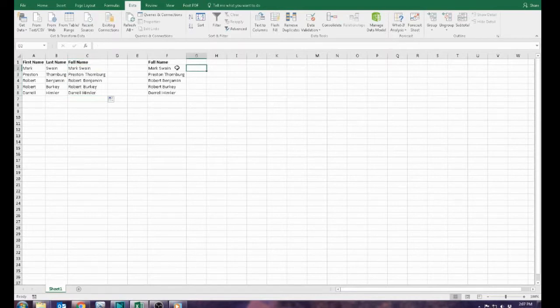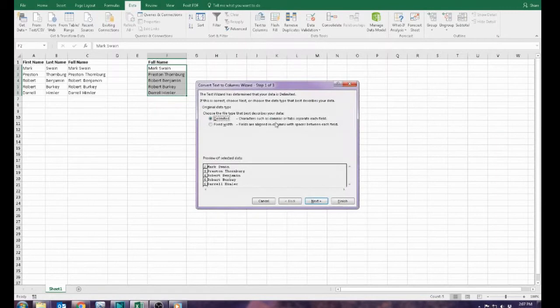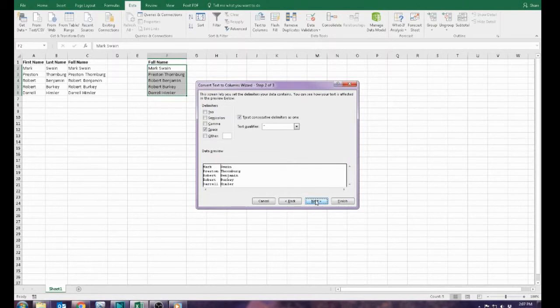Now to separate. It's a little bit different, but you don't have to type a formula in. So to separate cells, you're going to select the cells that you want to split. You'll go to the Data tab on top of your options, and then you will click the button that says Text to Columns. A screen will come up and it'll say delimited, and that is okay. You can click Next. You will check the space button because space is the thing that you want it to recognize in order to split it.